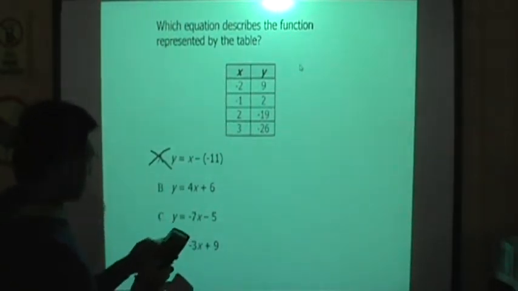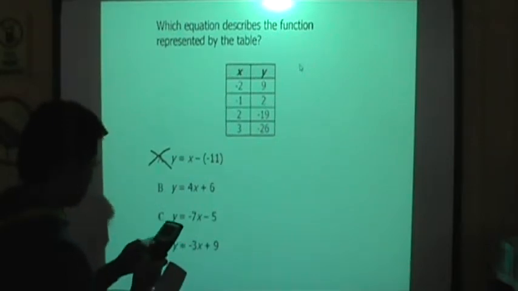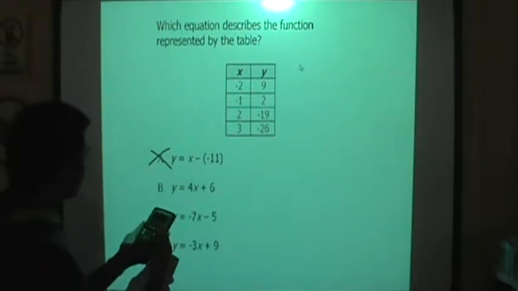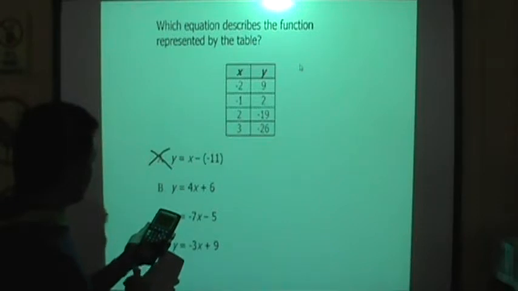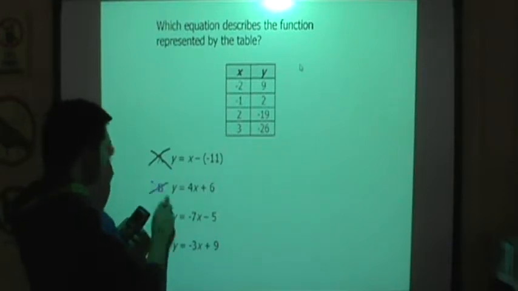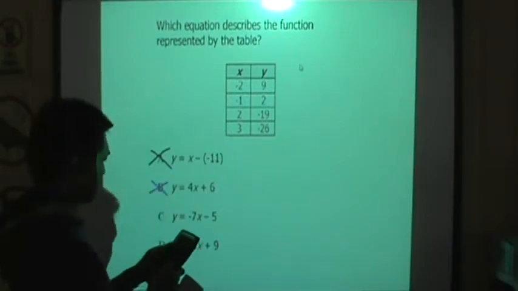Okay, let me go back to Y equals. Let me try 4x plus 6, and then second, and then graph, because I'm looking for the table. Now for -2, I must get 9, but here I get -2. No, not this one. Okay, next,